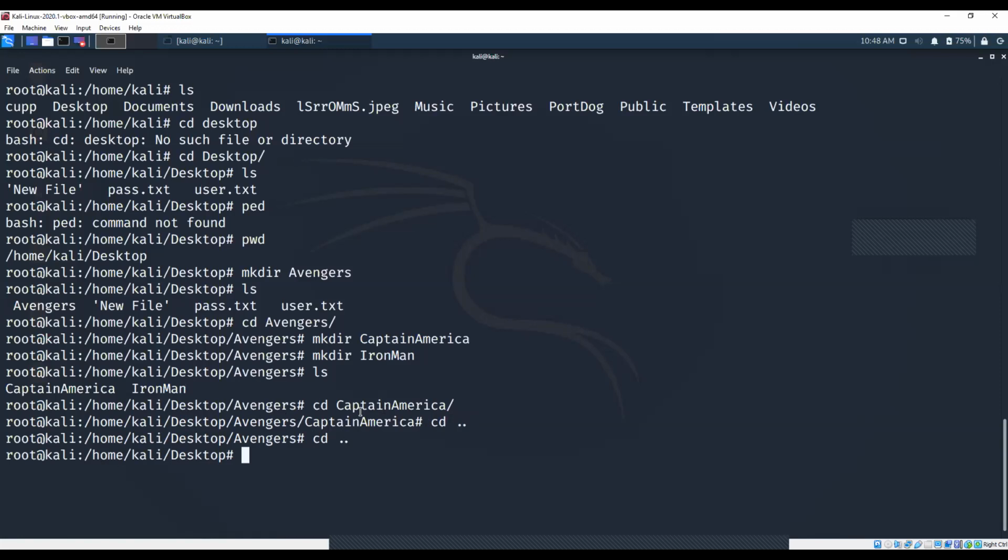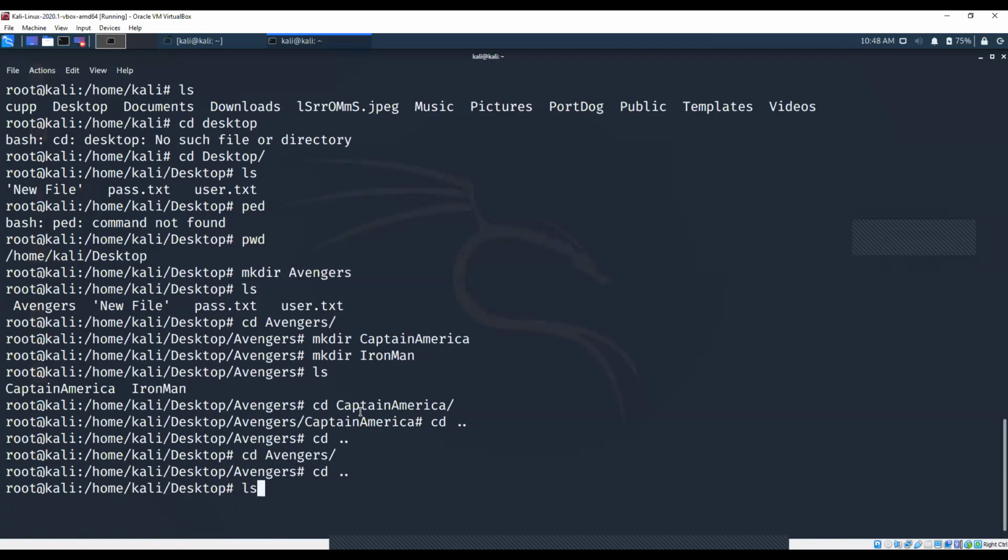So this is how we are going to go from one directory to another directory by using the command line. cd and giving that particular file name will get you into the directory, and cd dot dot will get you out of the directory.